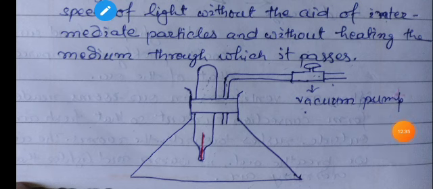Student, to make it more clear, we can do one experiment, and in that experiment you can see in this figure, take a flat bottom flask fitted with a rubber stopper having two holes. Fix a thermometer in one hole and a glass tube in the other, as you can see in the figure. Connect a vacuum pump to the glass tube and remove the air from the flask, and note the temperature reading of the thermometer. Now place the evacuated flask in bright sunlight or near a heater.